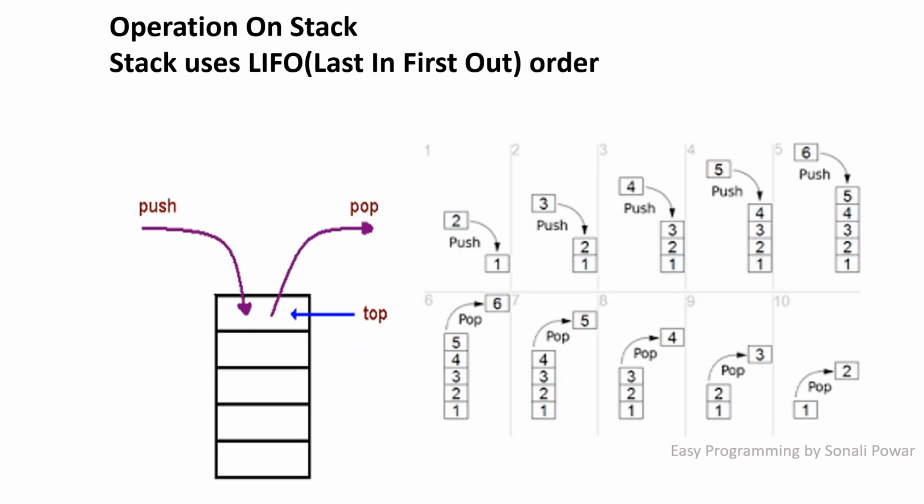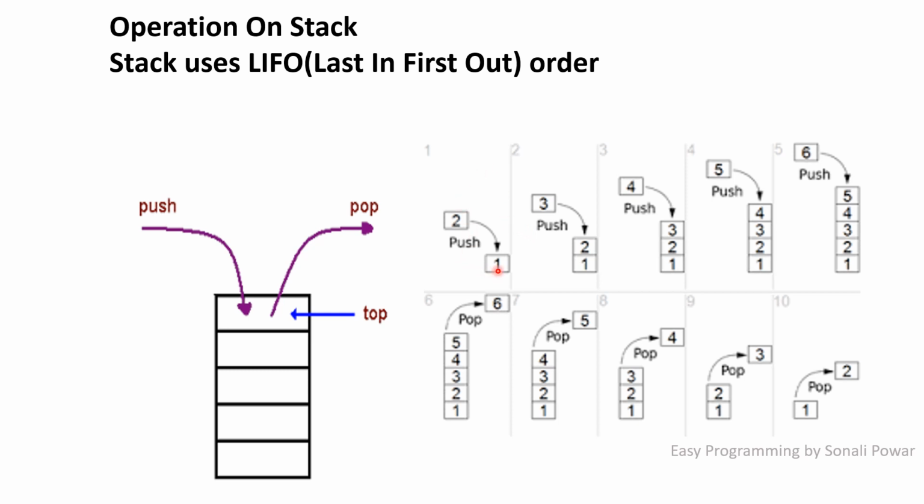Now we will see what operations we can perform on the stack. I can perform push and pop operations on the stack. What is meant by push? Inserting an element into the stack is called a push operation, and pop means deleting an element from the stack. Here you can observe that I can push and pop elements from one end only, which is called the top. So I can insert an element at the top only, and if I want to delete an element, I can delete the top element only. I cannot directly delete the last element or any middle element. I can delete only the top element.